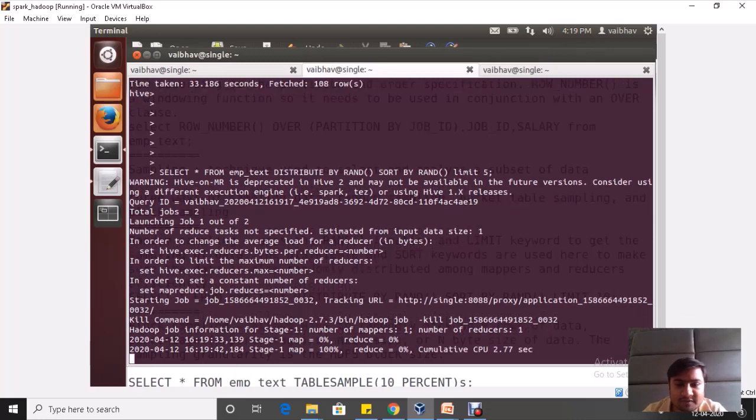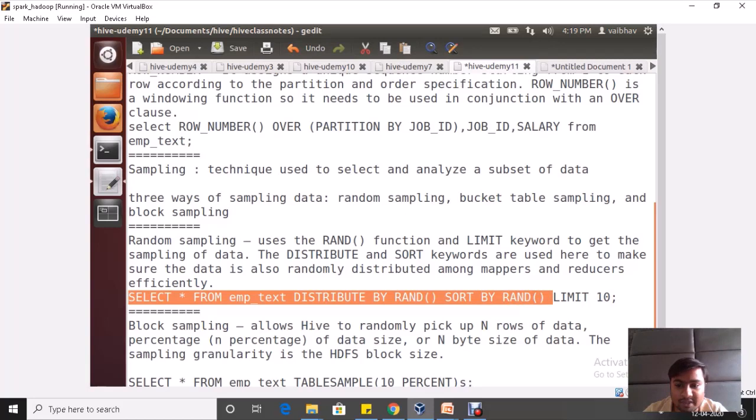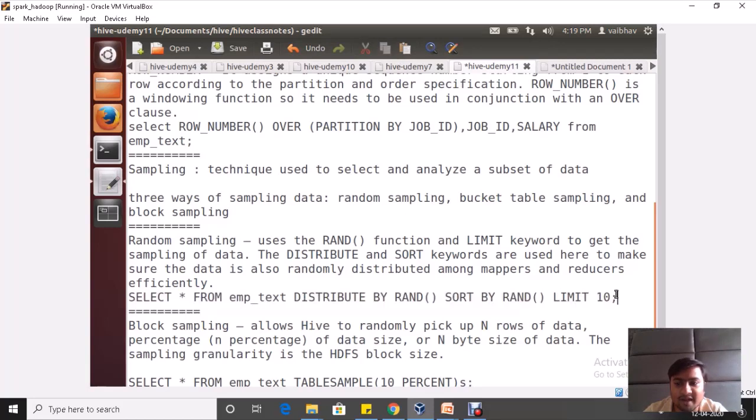Out of these 108 records, if I want only 5 to 10 records for just seeing the random data, I will run a query like select star from table name, distribute by rand function, sort by rand function, and limit 5, 10, the x number of rows that I want in my sampling.